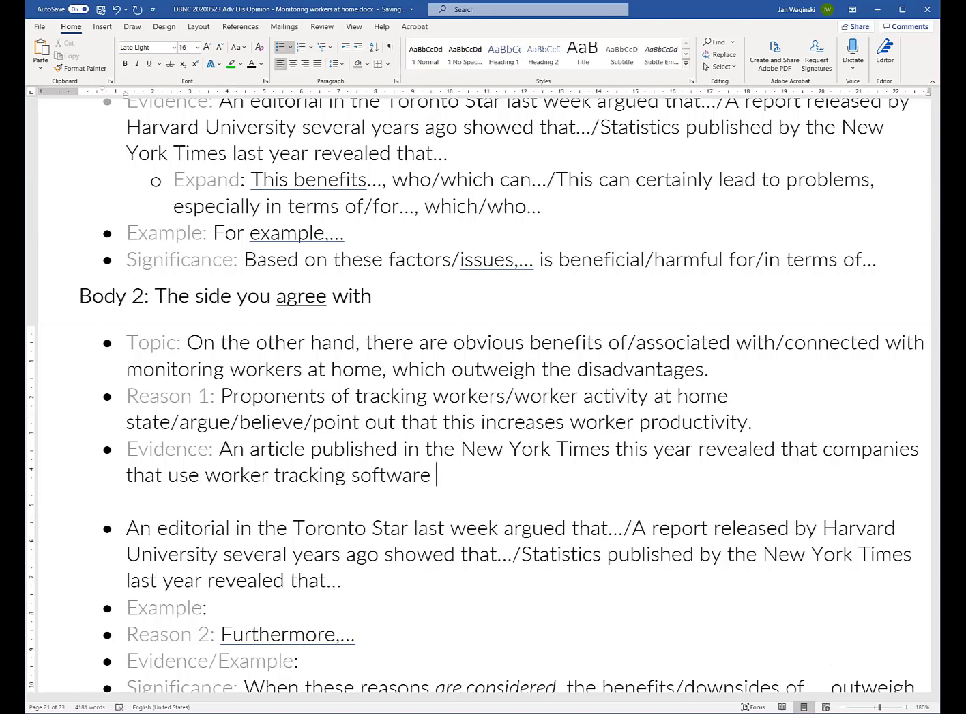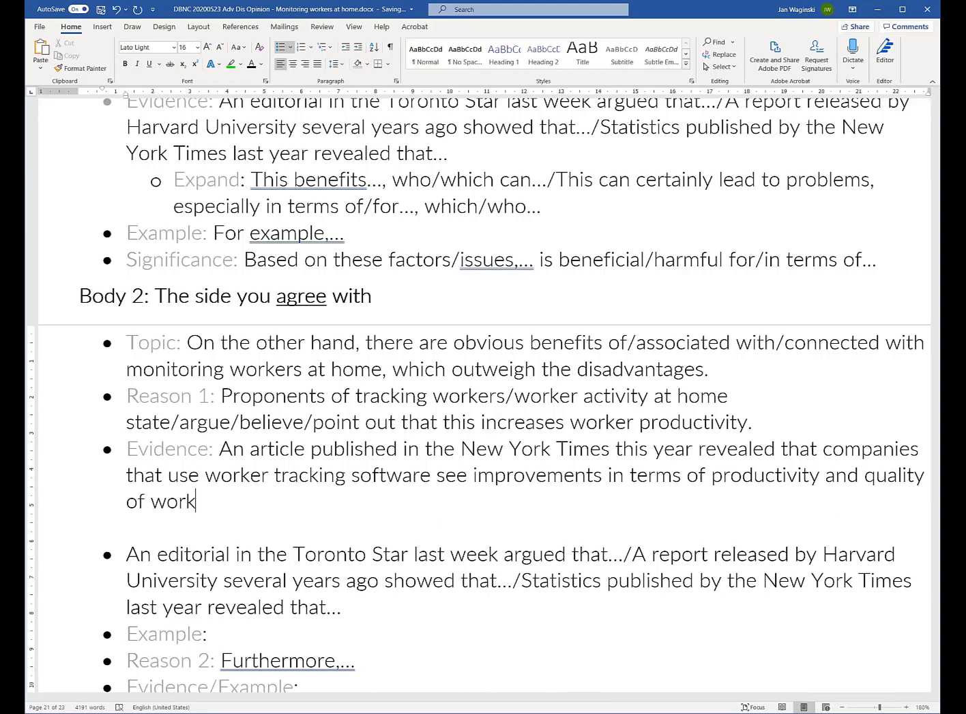reveal that companies that use worker tracking software improvement in terms of productivity. And quality of work. Moreover,